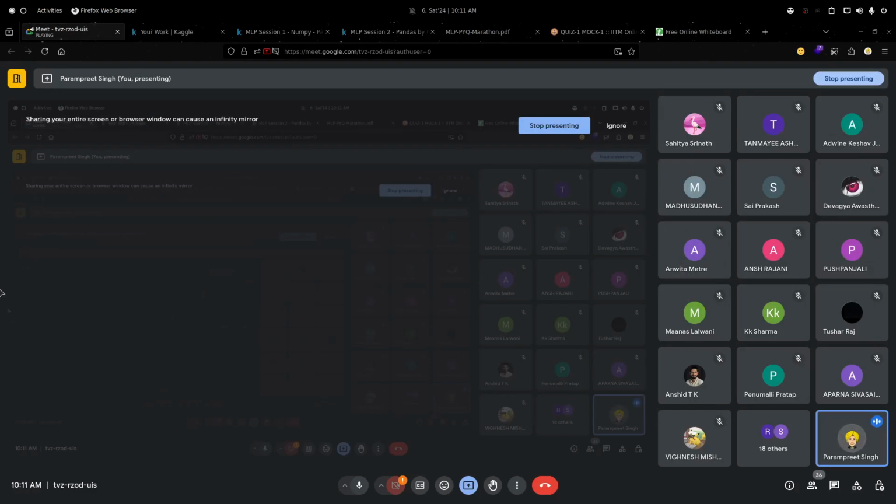Also, two or three more functions which are similar. First one is head. Head by default returns the first 5 rows. Okay, then similarly we have tail. Tail returns the last 5 rows, and we can in fact provide an n as a parameter to give us the first n or last n rows. Okay, and then the shape which we have in NumPy. Okay, and ndim which is the dimensions we have, and then we have the info.